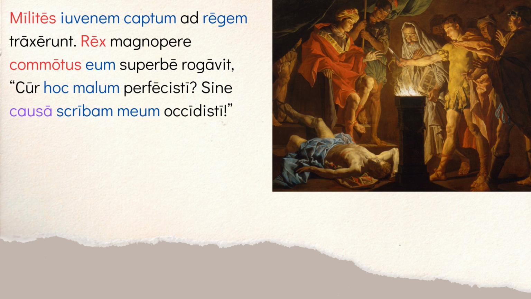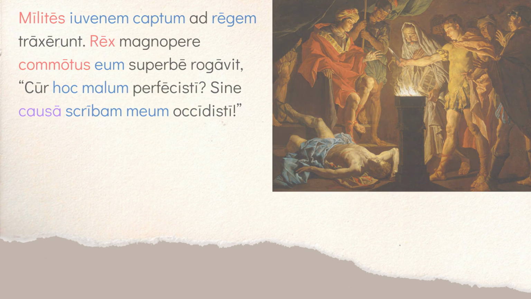And he says, cur hoc malum perficisti. He says, why did you do or perform perficisti hoc malum? This evil deed is really what it means. So it literally means this evil, but you're implying the word deed really there. So he's like, why'd you do this, right? And he says, sine causa, without cause, you killed, occidisti is perfect tense, right? You killed scribam meum. You killed my scribe. So he says, why did you do this, right? You killed my trusted scribe here, and you did it sine causa, without a reason, okay?